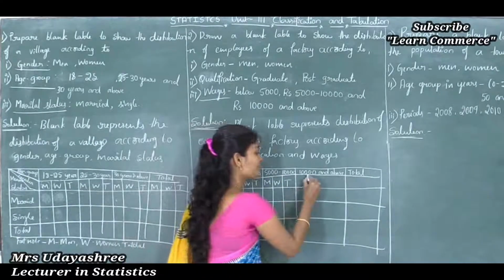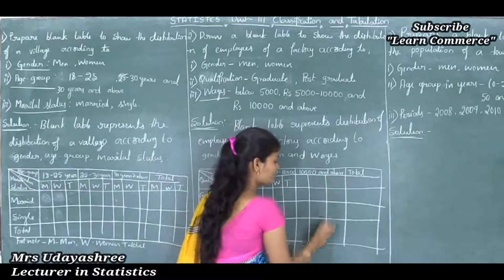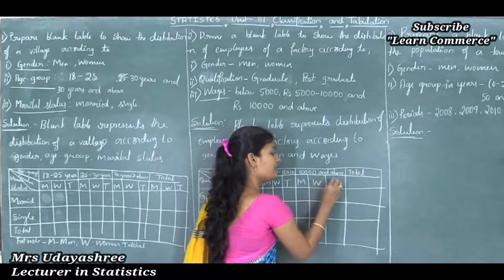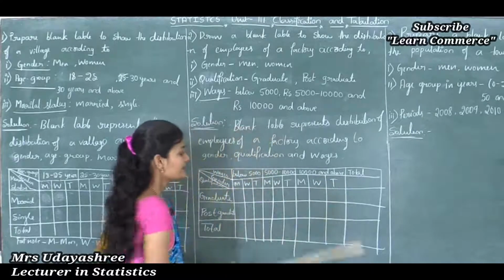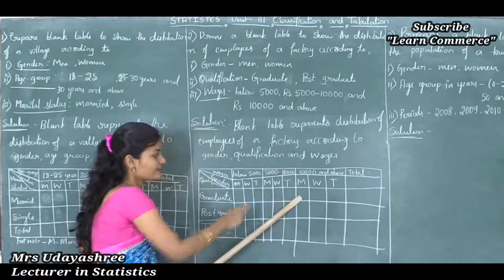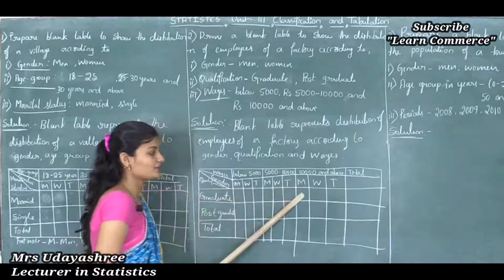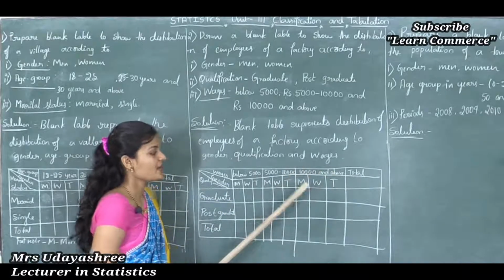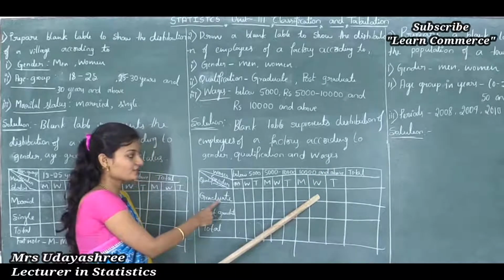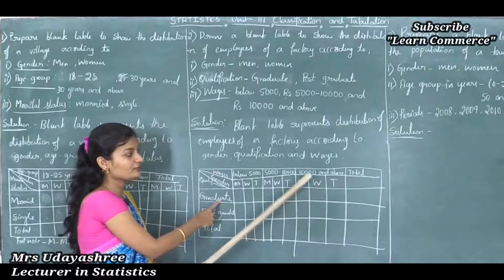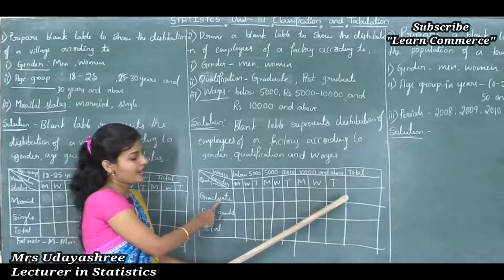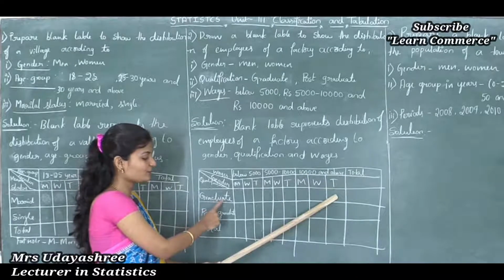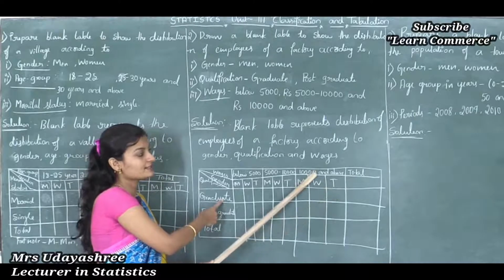Okay, now for this I will write gender, that is men, women and total. See, this cell indicates the graduate men population with wages of rupees 10,000 and above, and this cell indicates graduate women population with wages 10,000 and above, and this cell indicates the total number of graduate population with wages 10,000 and